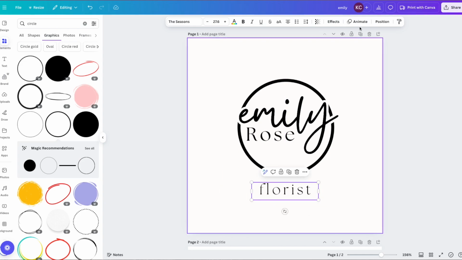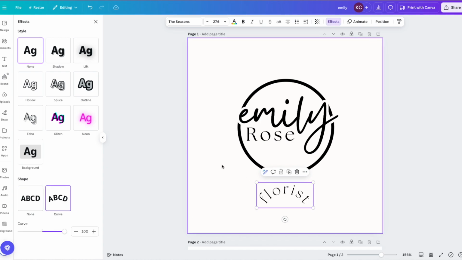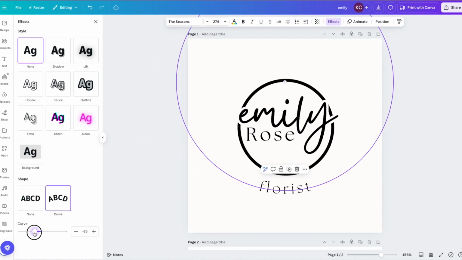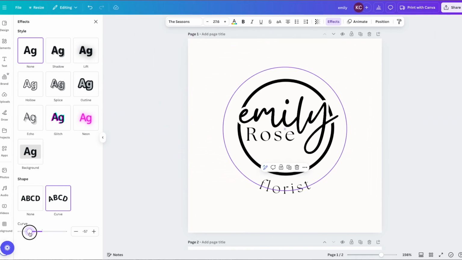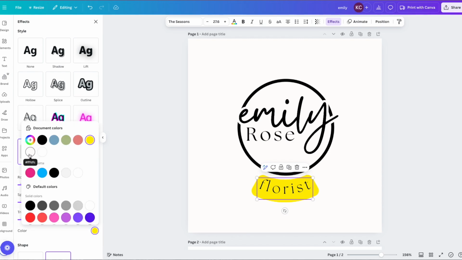And then we're going to use a feature in the effects section of font styles. I'm going to use the background and curve. So let's actually start with curve. And we want it to curve with the circle. So I'm going to take this and drop it back and around so that it fits that. And then we'll click on background. And we want this background to also match the background of the